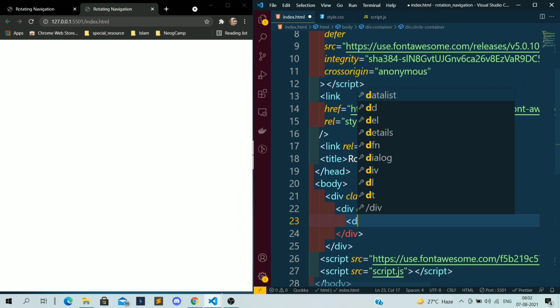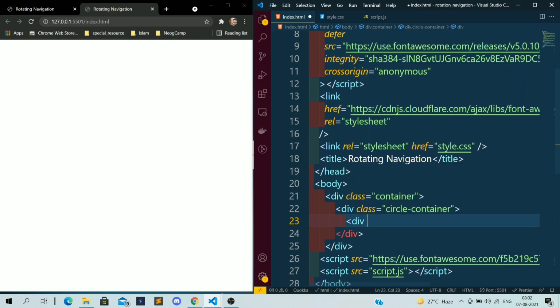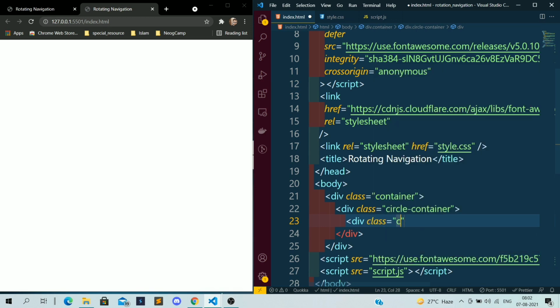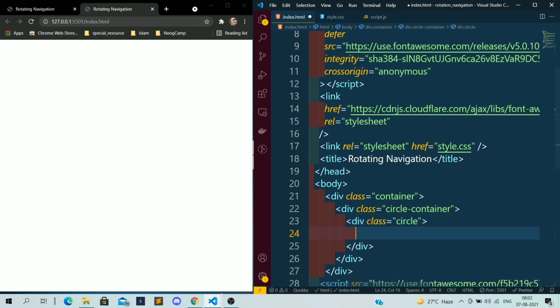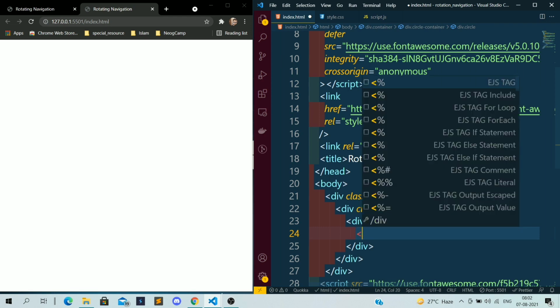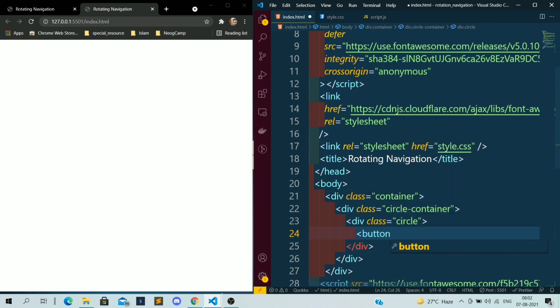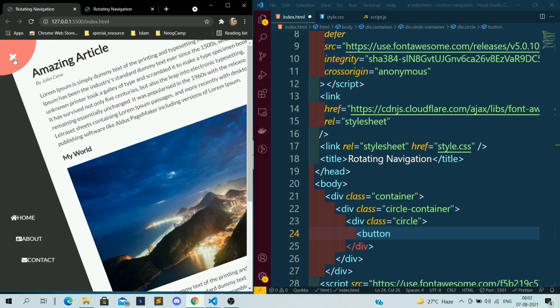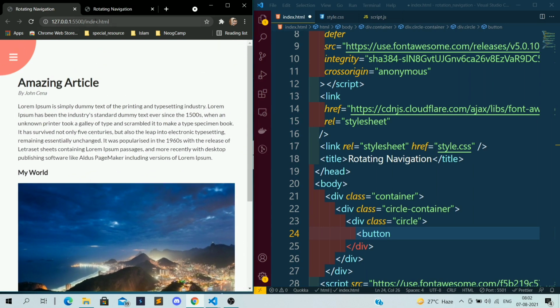I need one more div having class circle. Inside this div, I want buttons. Here if you see, this dash button is there and this cross button is there, so I want these two buttons.